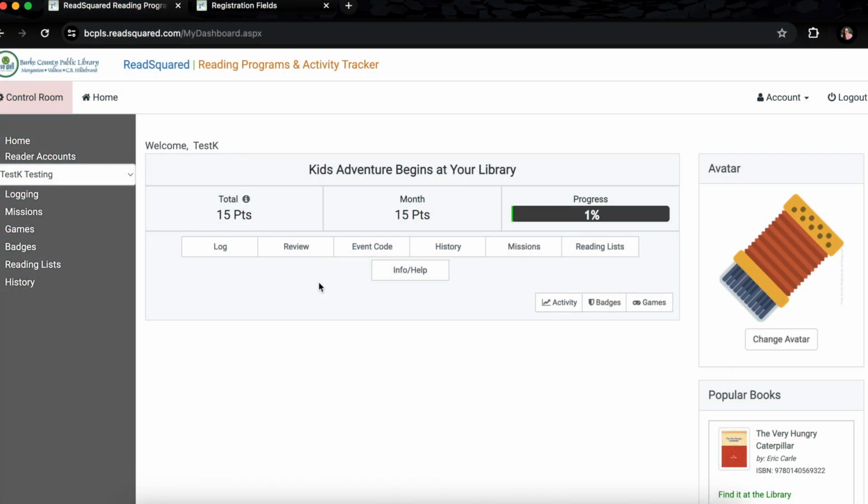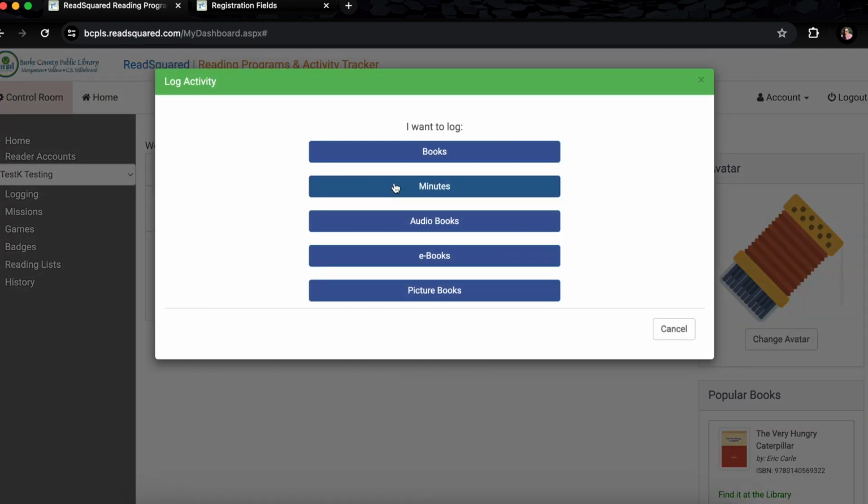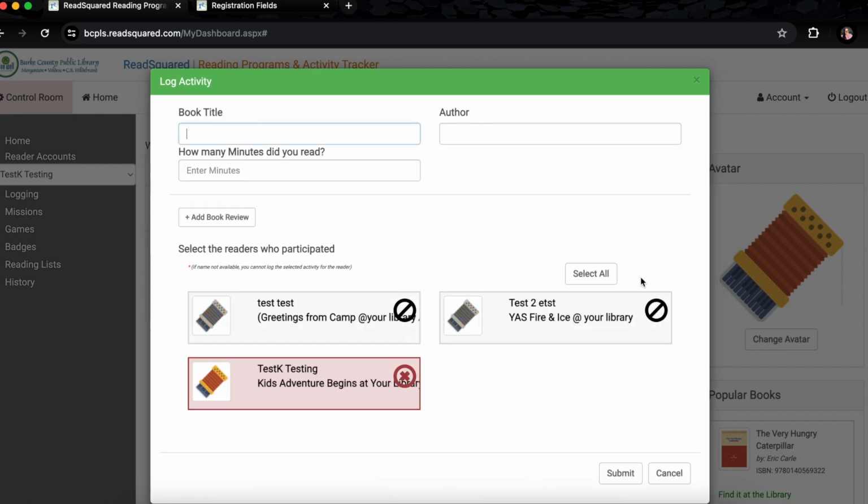Okay, and when you are ready to start logging your minutes read for the Children's Summer Reading Program here at the Burke County Public Library, whenever you log into your account on the event day, your screen will look like this on your desktop. And to log minutes read, you will click right here with the log button. Be sure to choose minutes, as that is how your points are assigned, how prizes are awarded, and that is what is being tracked. You can type in the book that you read,